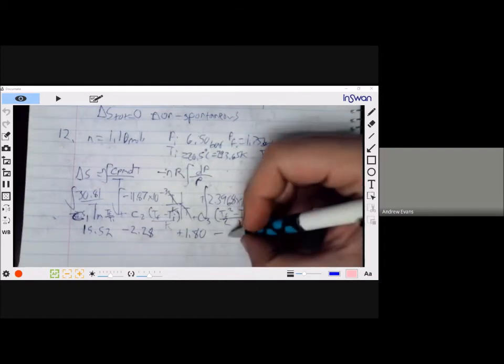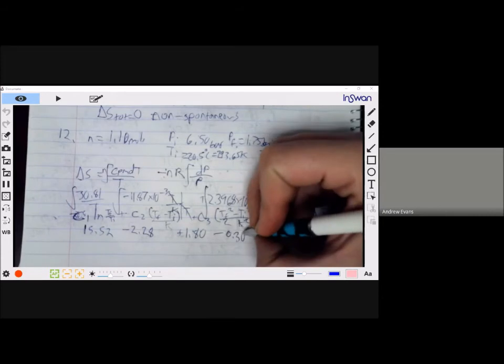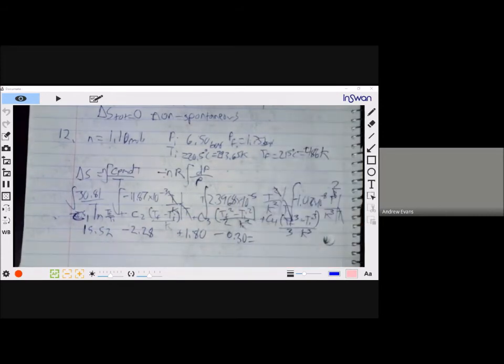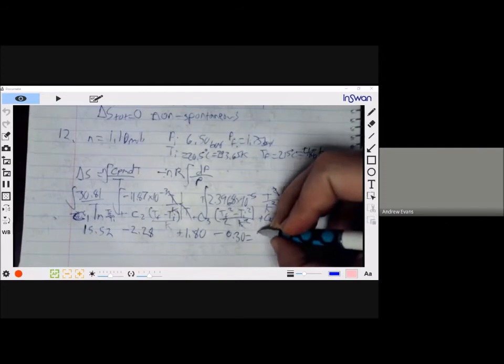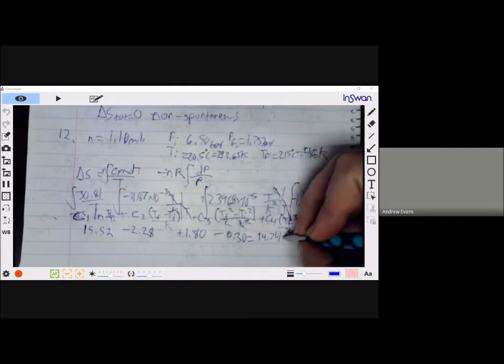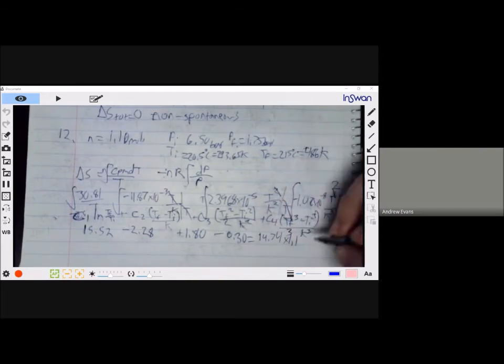So that's negative 0.30. When we do all the temperature terms, it works its way out: 8 plus 1.80 minus 0.30. And then, don't forget to multiply by moles, so it's 1.10 moles times 15.74, and then we do that. So the temperature term comes out to